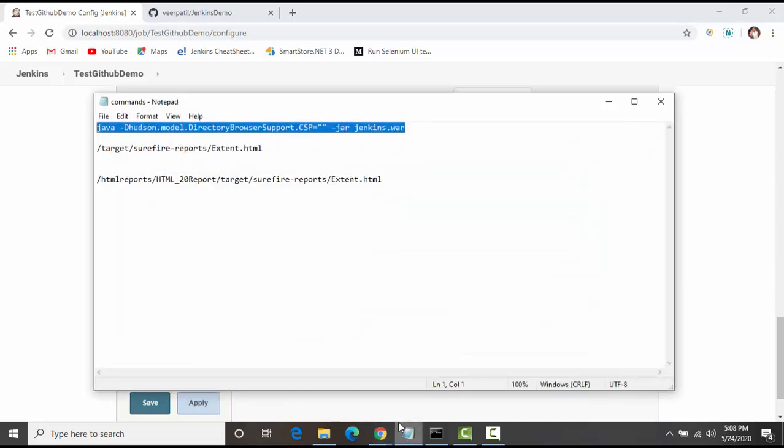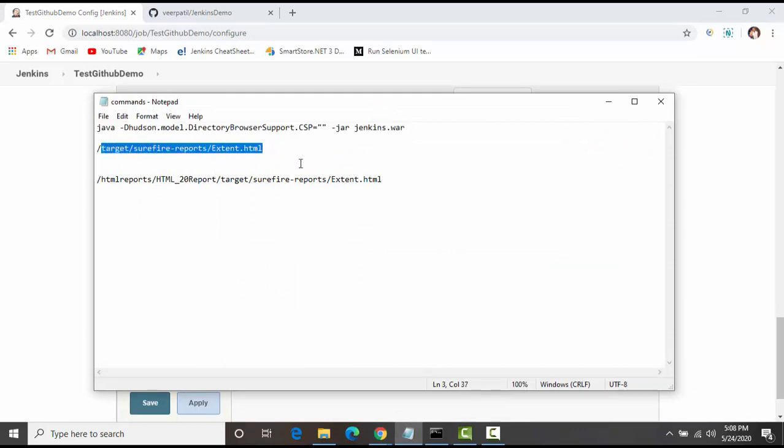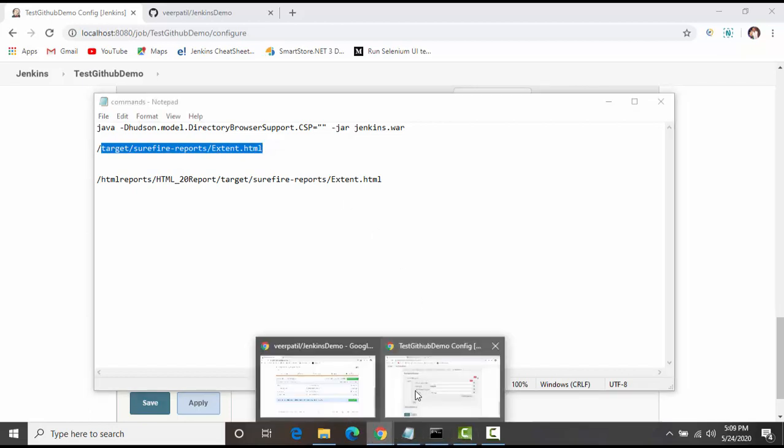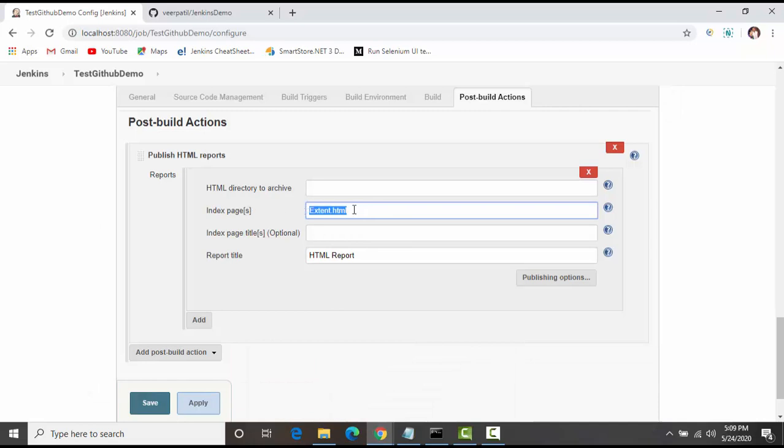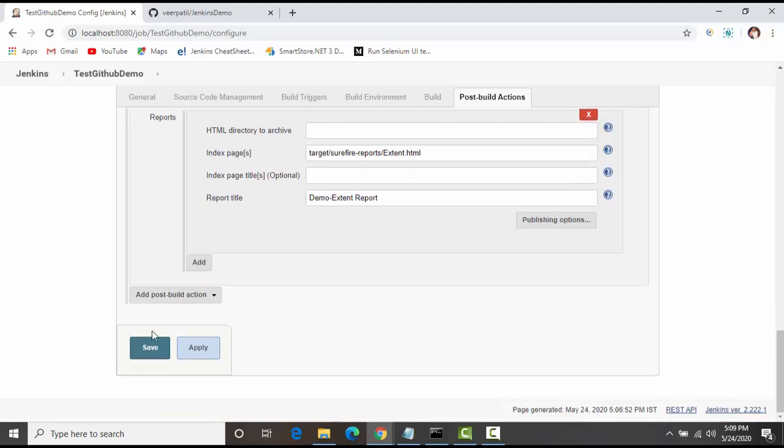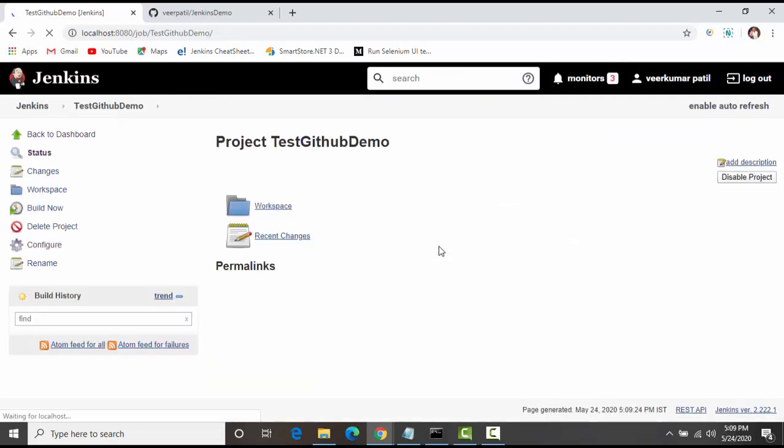So I had put that path also where the reports get generated. So I'll just copy this and paste it over here, and I'll give it a name, say demo extent report. Okay, now save this build configuration.